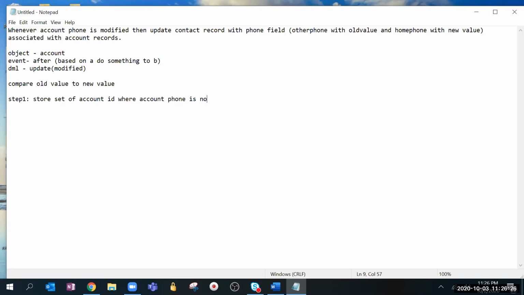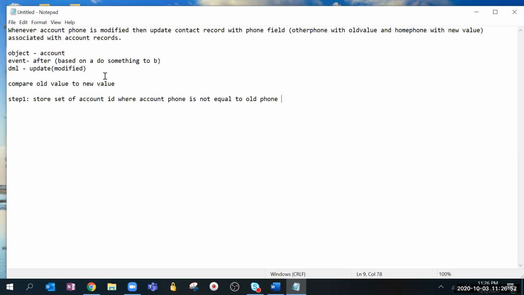And then next step, we pull, because we have to do update. Did you guys understand? So first, we'll take the accounts on which we are updating the phone number. Only those accounts we will take, right?